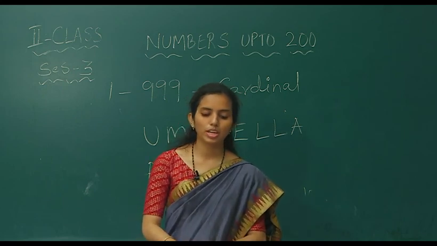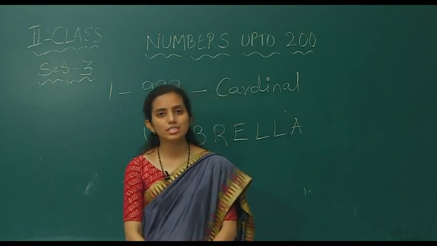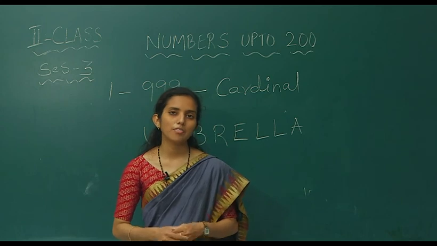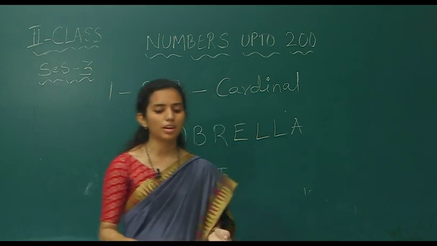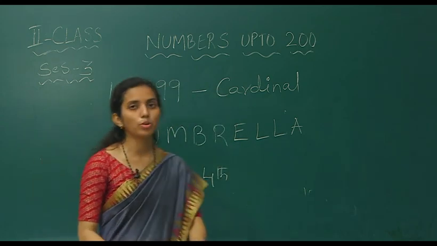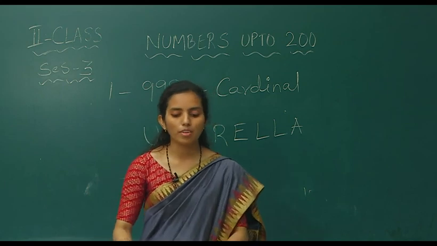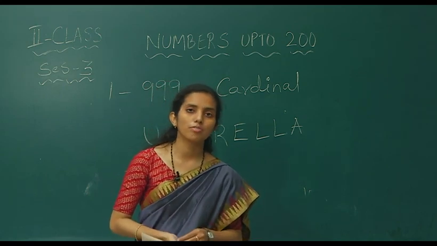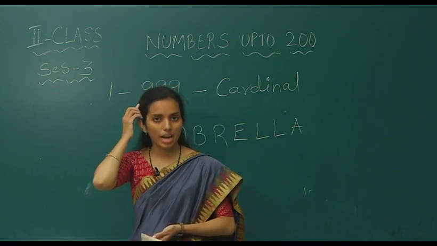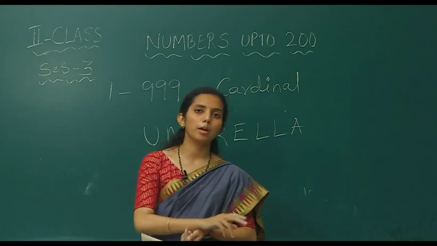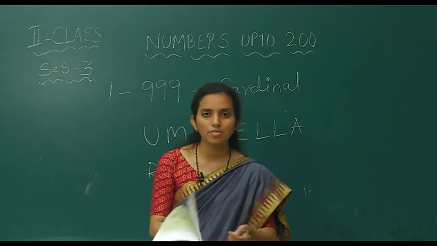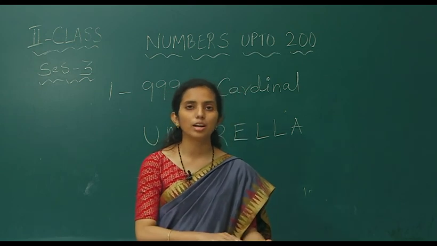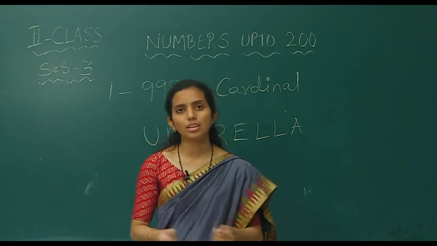Put some marbles or buttons or anything available with you in a bowl randomly, and make them in pairs. Find out whether the material you have put inside is an odd number or an even number. With this lab activity, we have completed our first chapter, numbers up to 200. Hope you have understood this chapter: expanded form, standard form, odd numbers, even numbers, place values, ordinal, cardinal and all other topics.